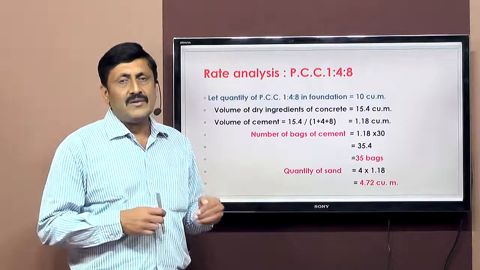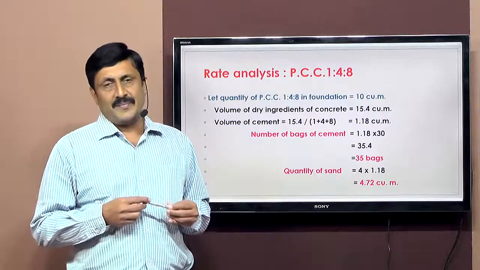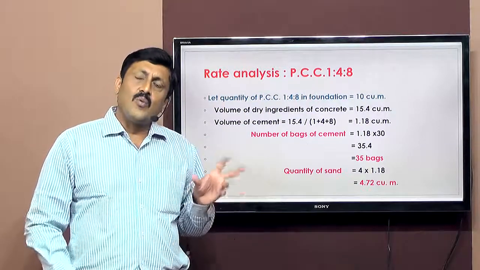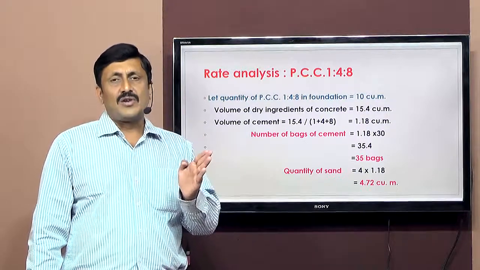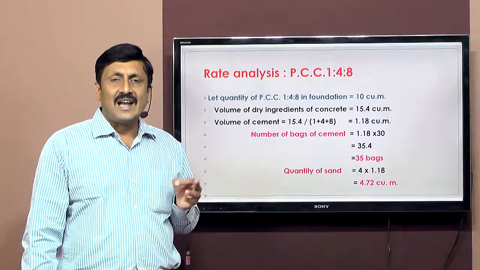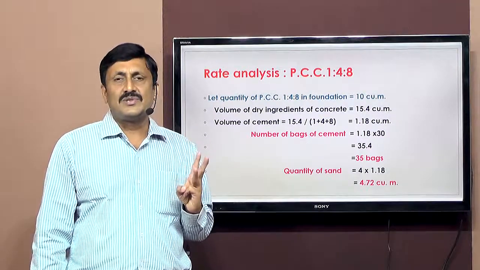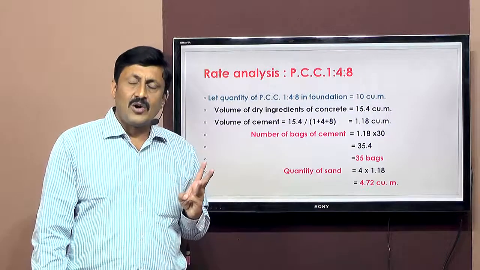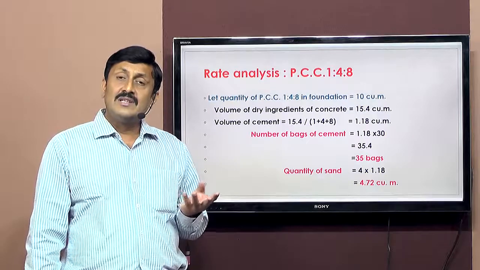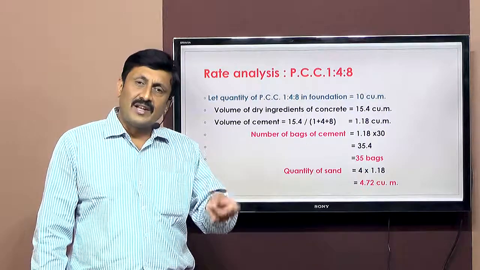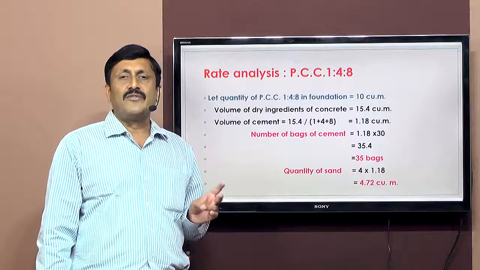On the basis of different grades and design requirements of concrete, these proportions are decided. As an example, we are considering this proportion as 1:4:8. Now all of you know very well what the ingredients of concrete are, that is cement, sand and aggregates. There are three materials which are mixed together along with water to form this cement concrete, that is cement, sand, aggregates, and then water according to the required water cement ratio, that is usually 0.5 to 0.6.